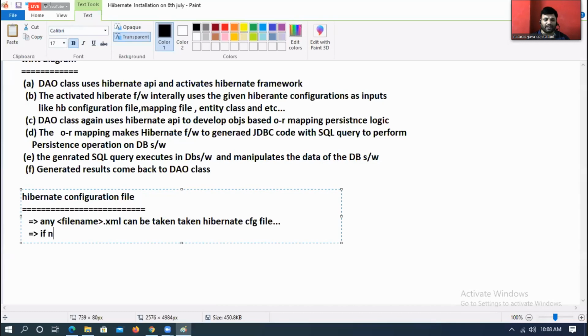If no file name is specified, then the Hibernate framework